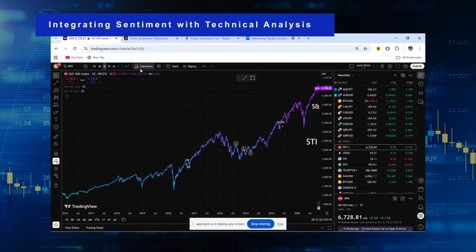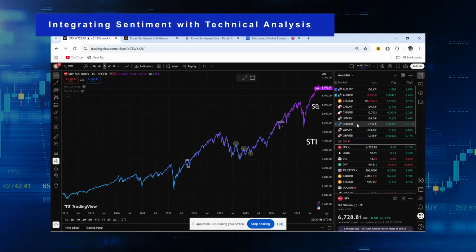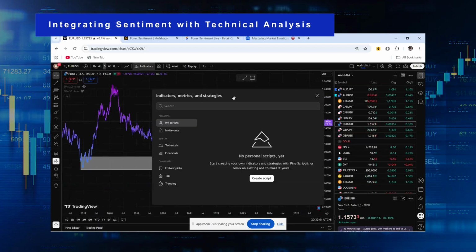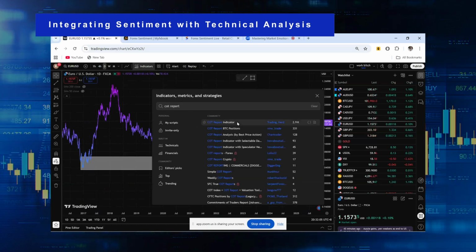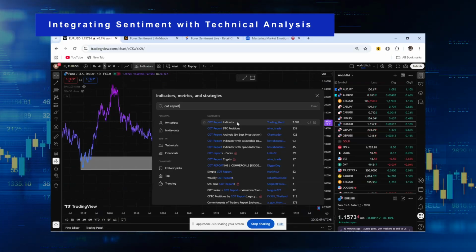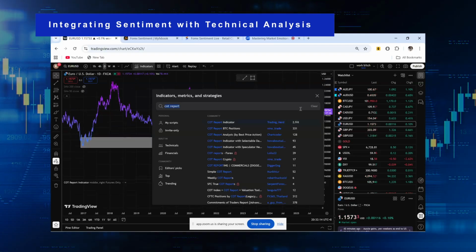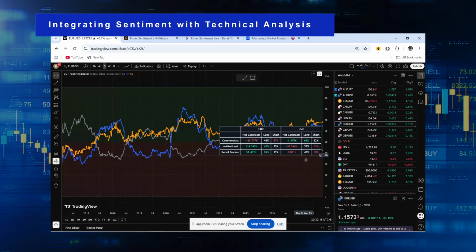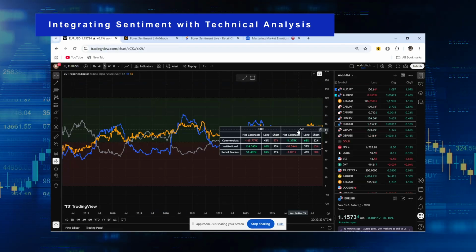But an easier way to do it for beginners is you can come to tradingview.com and then find this indicator. Now, by the way, a few years ago it used to be something else, but right now they have a newly reported indicator. Just click on that, and then you'll be able to get your